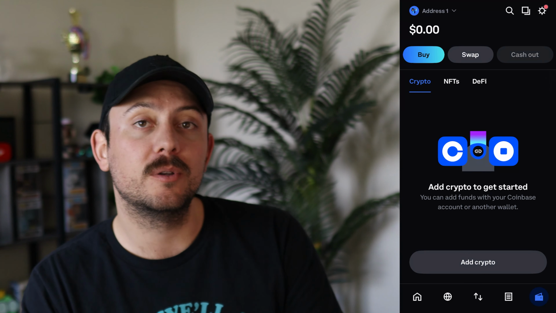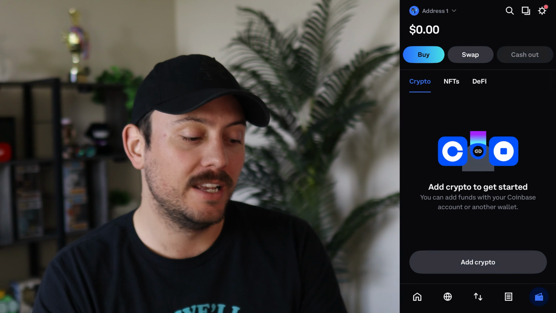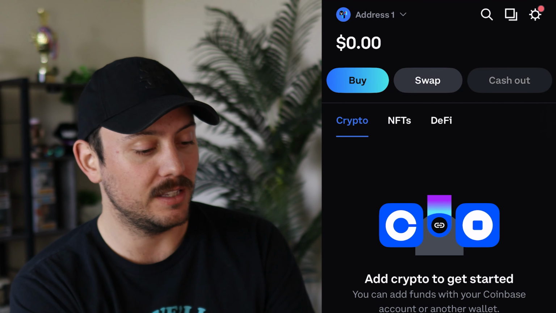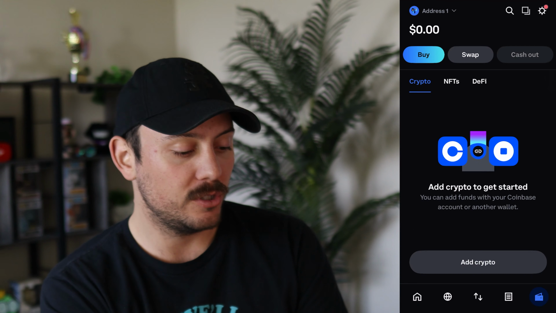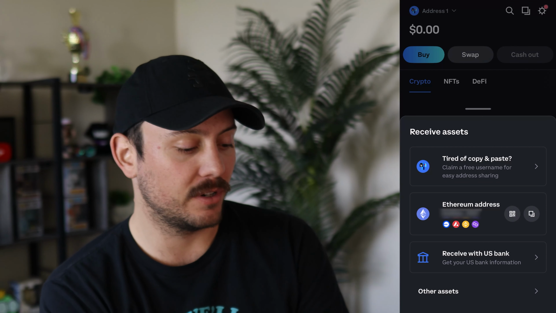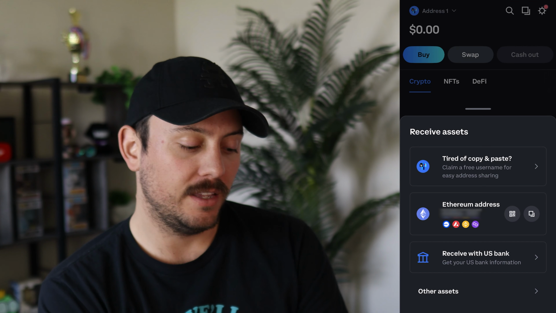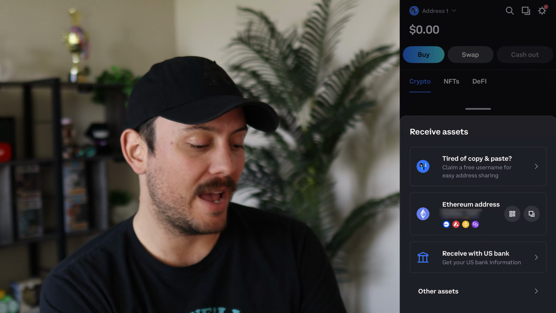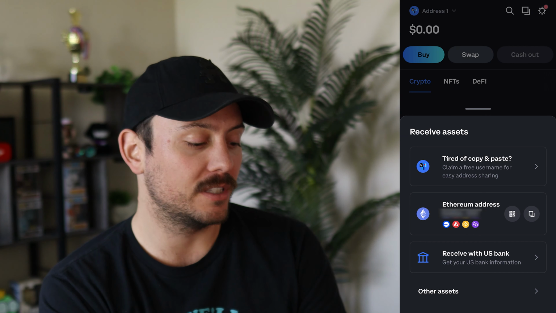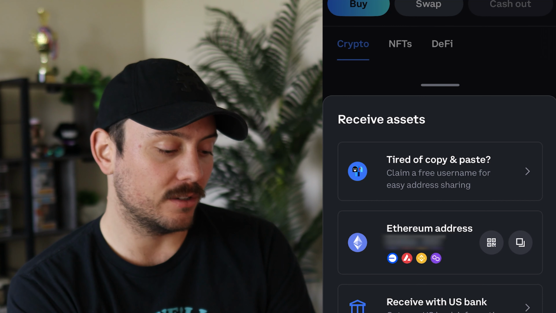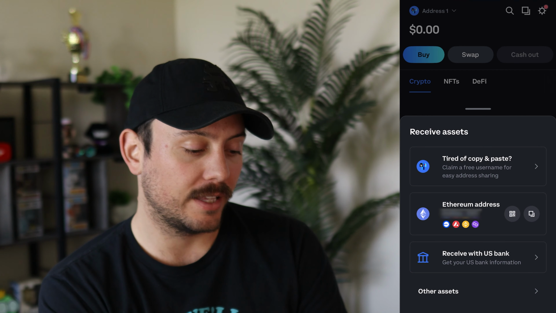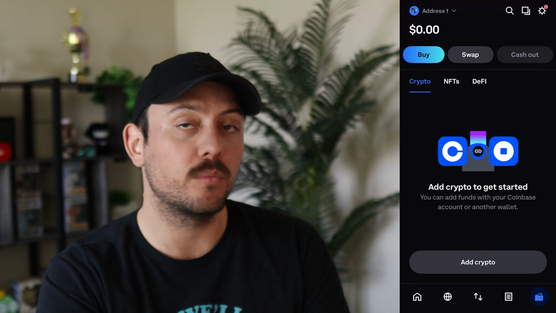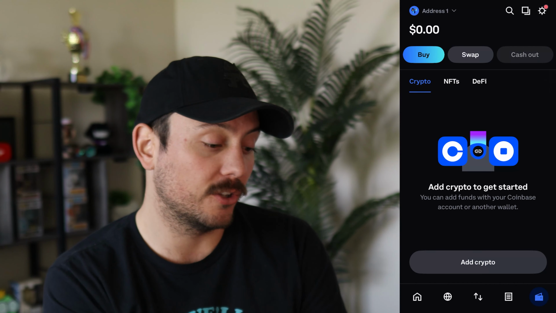So the way that you're going to be able to put cryptocurrency into this wallet is to go to this little square icon on the top right in between the search and the gear icon. Once you click on that, it'll have a different list of options that you have. The first and main option that most people use is to copy their Ethereum address, as you can see in the middle selection here. And you can use the little square icon on the far right, click that and copy your address, and then you can paste that in another app where you will send crypto to this particular wallet